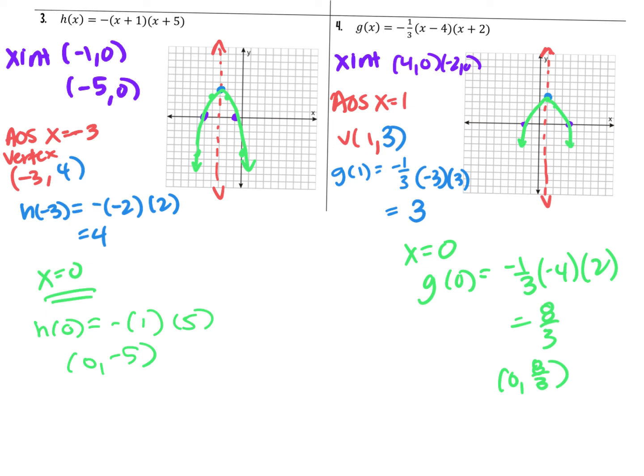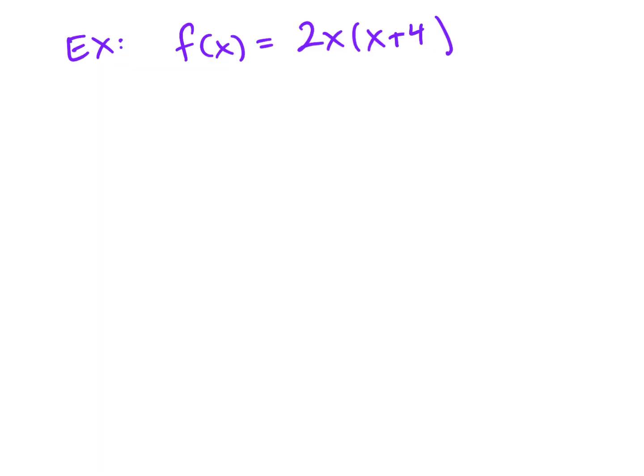Sometimes we don't get perfect ordered pairs, and we just have to do the best that we can with what we have. Okay, so we have focused on graphing. I want to look at one problem, which actually isn't in the copy of the notes, so I'm going to make one up. I want to look at one problem where we actually analyze all of this without having a graph. All right, so here's an example that is in intercept form, but it maybe doesn't look so obvious that